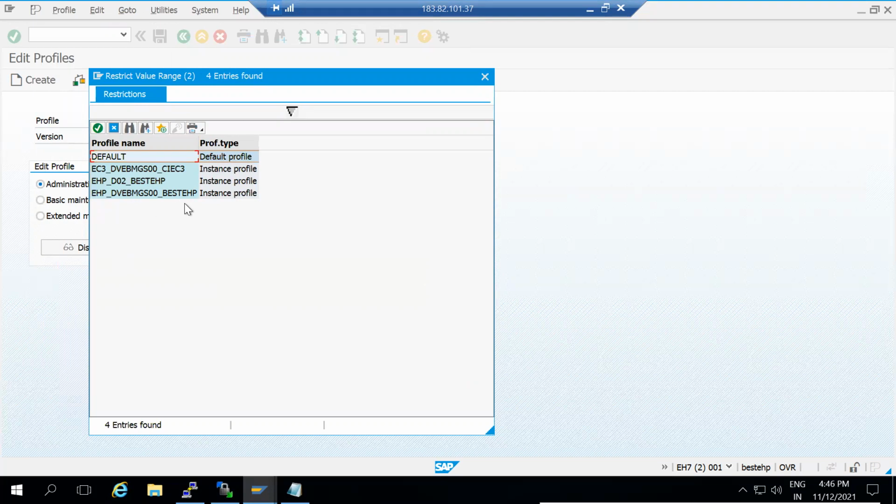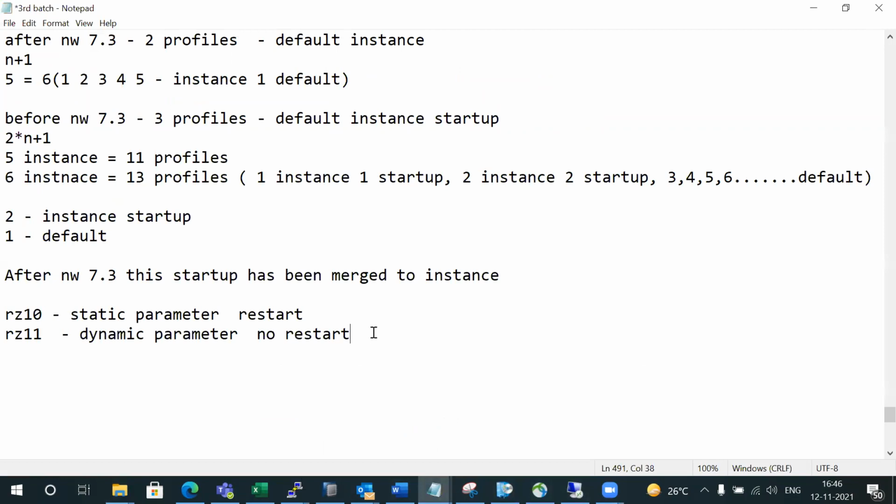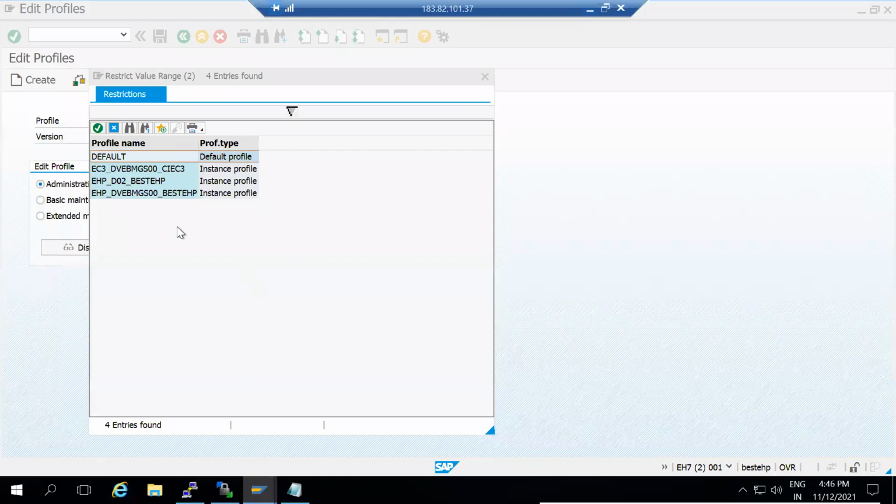This is the naming of the profile: SID underscore instance name followed by instance number, and at the last, host name. This is basically the profile naming convention, so profiles are identified by this.